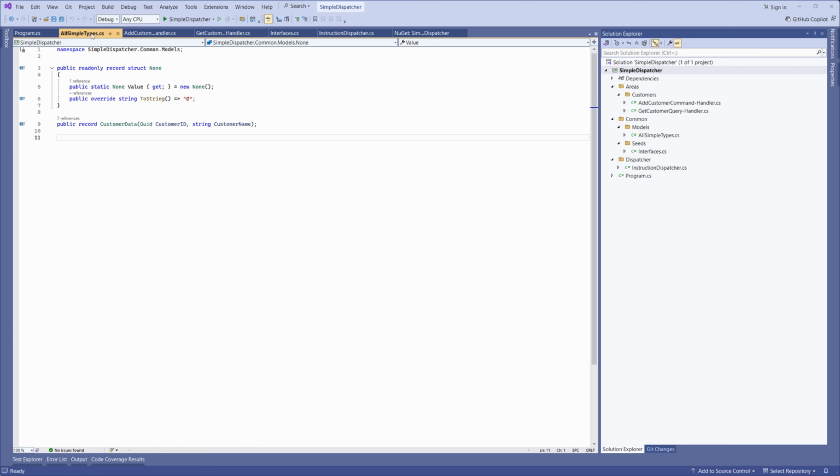The AllSimpleTypes file just contains a couple of types used in the demo, a None type to signify no return value and a record class for customer data. For those not familiar with CQRS, commands shouldn't return data, that's the job of queries. However, I'm pragmatic, and if you need to say return an ID from a database via an issued command, I won't say anything. As we will see shortly, the instruction interface used by both commands and queries requires a type, which is the type that gets